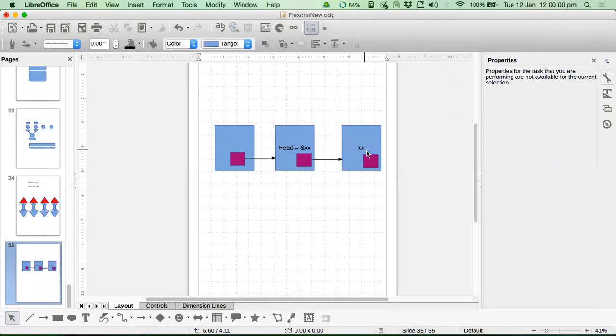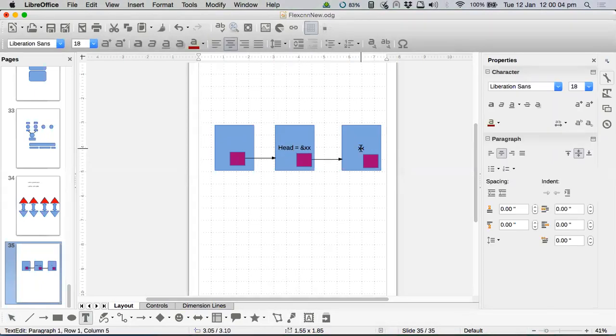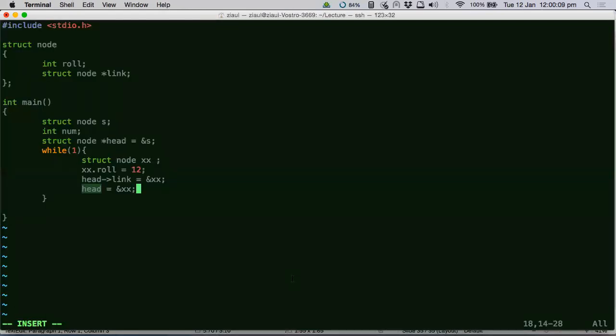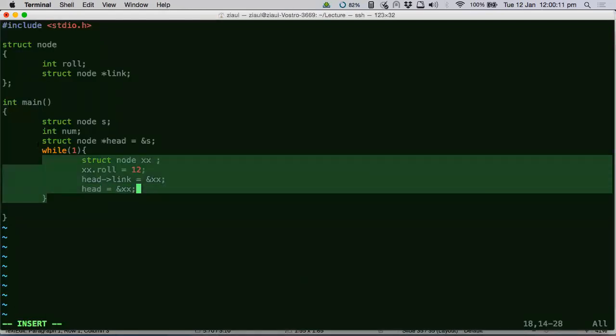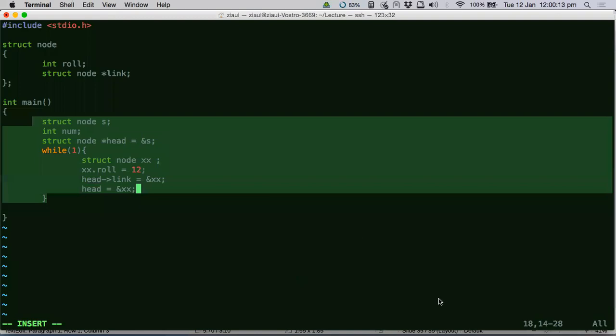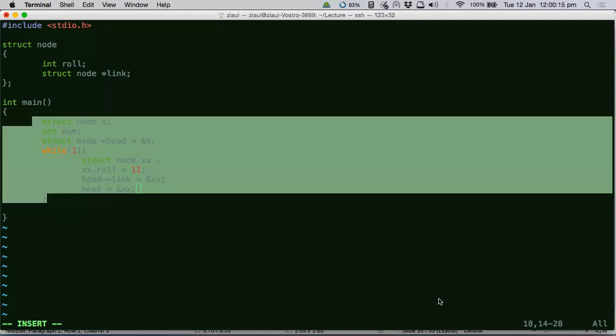And then in the third iteration, and then in the fourth iteration, again, I will make head point to this now. And then this node will point to the next node. Okay, let me copy this again. This is the complete code. In fact, it will work. I hope so. Yeah. So is this clear now, guys?